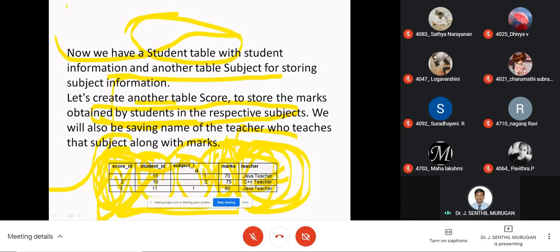Now, since the score ID is added, we are getting the marks for that particular score. Then a teacher column is attached, to say which teacher is teaching this particular subject with the different marks.